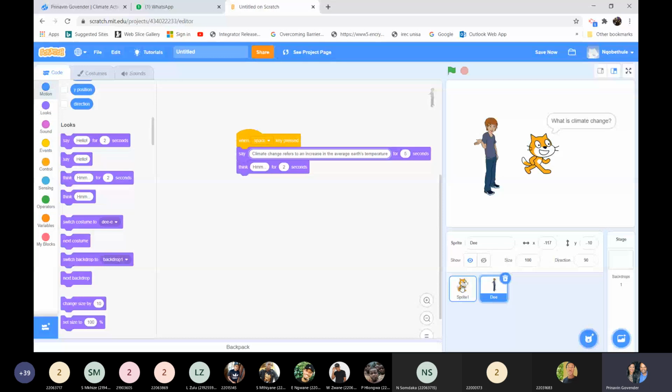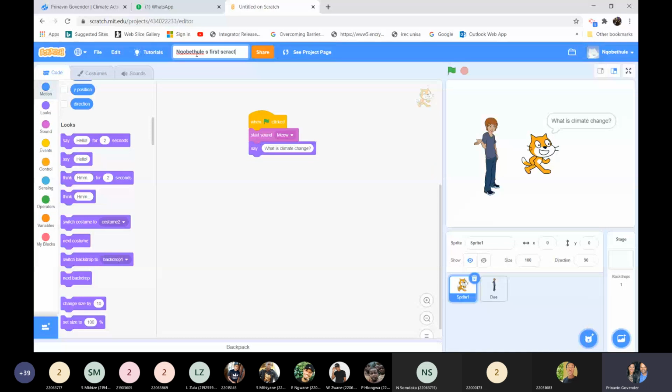Now that we've done this, I'd like to share this with my students. All right, so I gave it a name, and I'm going to click on this share button. Someone asked me a question on Telegram, how do I share a project? This is how I share the project, right? In Scratch, I click on the share button. Now it has saved it and it's shared it. There are some instructions out there, so I'm going to say, please